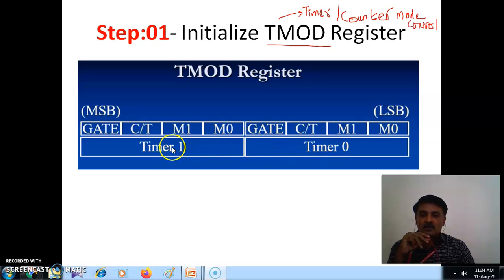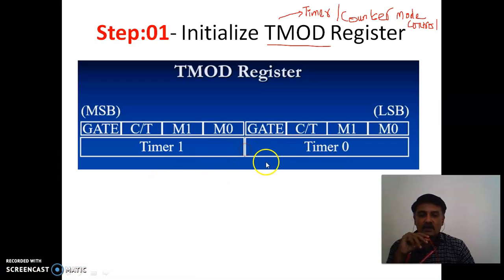Both timer 0 and timer 1 have the same fields: GATE, C/T bar, and M1 and M0. M1 and M0 select the mode of the particular operation. C/T selects whether it is a counter or a timer, and GATE is to start and stop the timer using the software instruction. So this should always be 0 for timer 0 as well as timer 1.